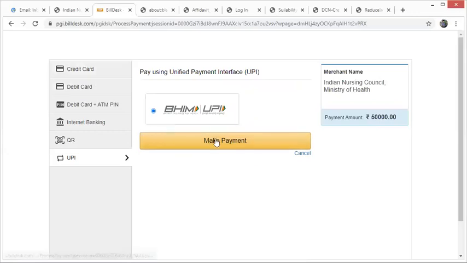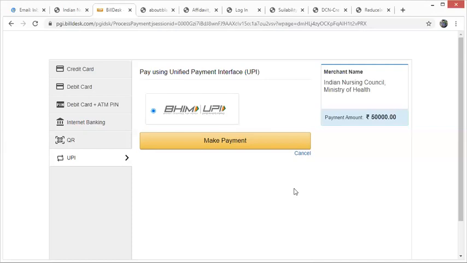If by chance, because of some problem, you are not able to see the success, you can write an email, provided the payment has been done. That means a transaction has happened and the money has been deducted from your account. You can write an email immediately to the Indian Nursing Council, but the Indian Nursing Council will only reconcile within the next 2 days, because INC will get the amount paid by you from the bill desk and the bank account only after 2 days.